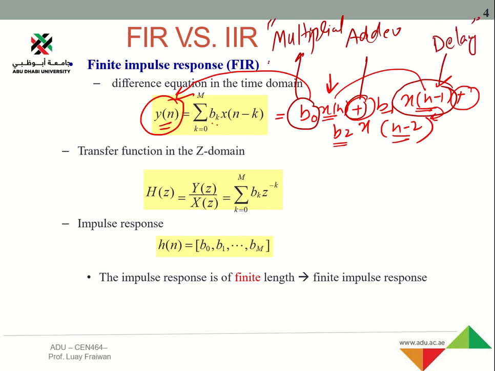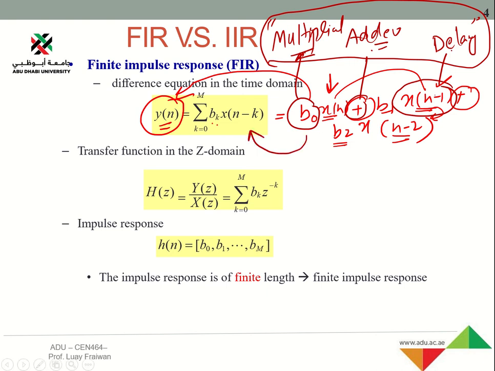For the implementation on a DSP board or FPGA board, if I have these three components, a simple adder, a simple multiplier and a simple delay system, then I can easily implement my finite impulse response equation. So that will be the real-time implementation for the finite impulse response system.